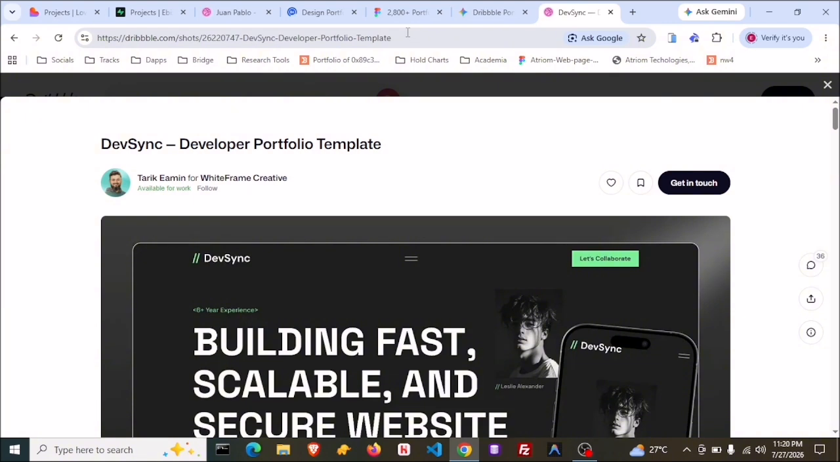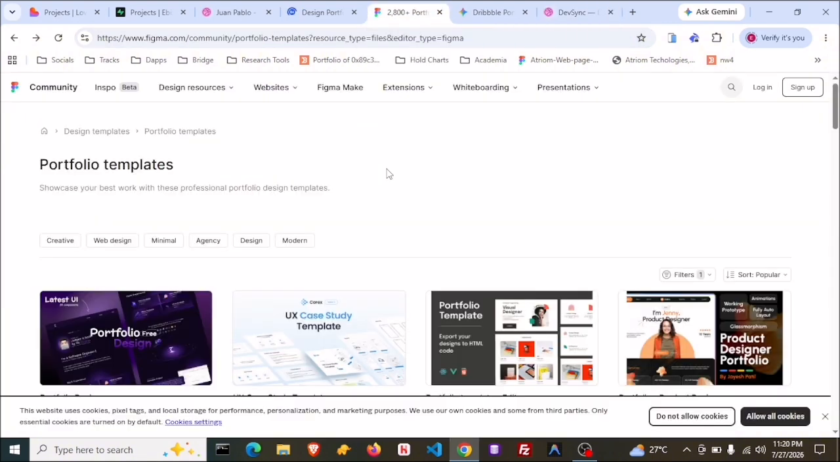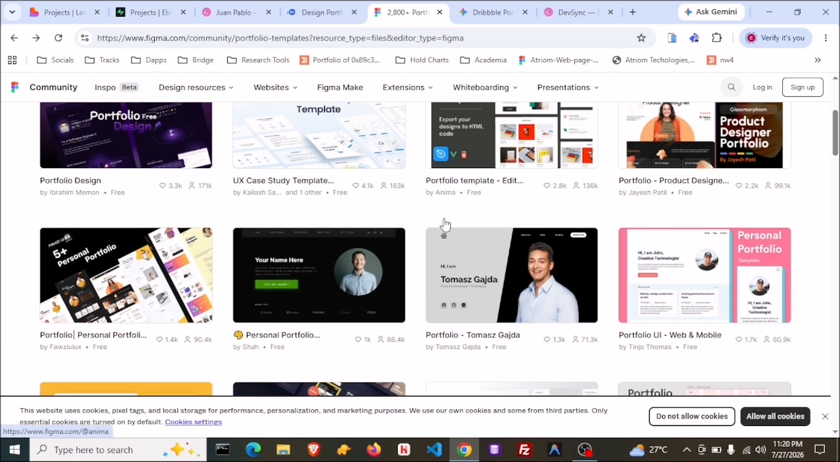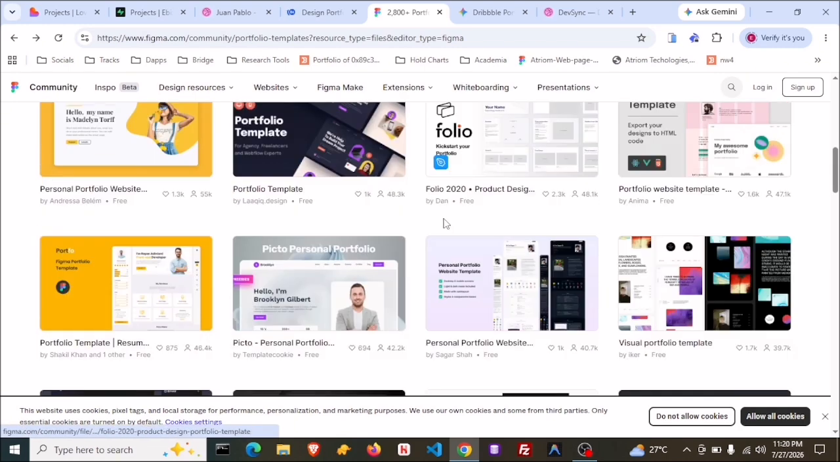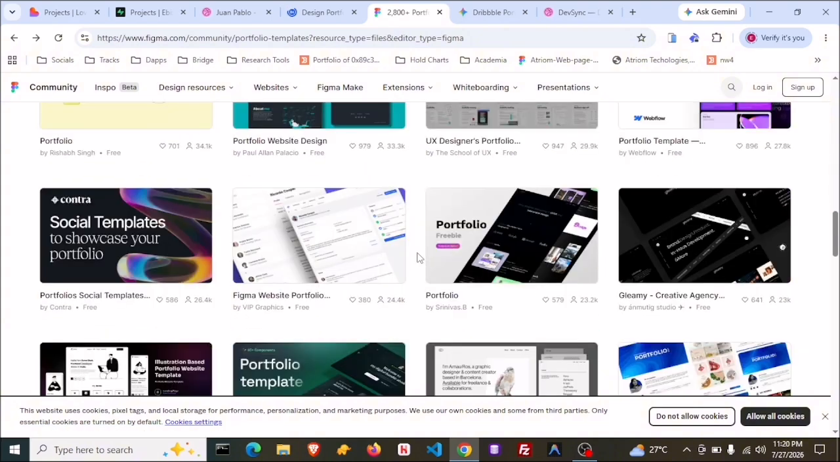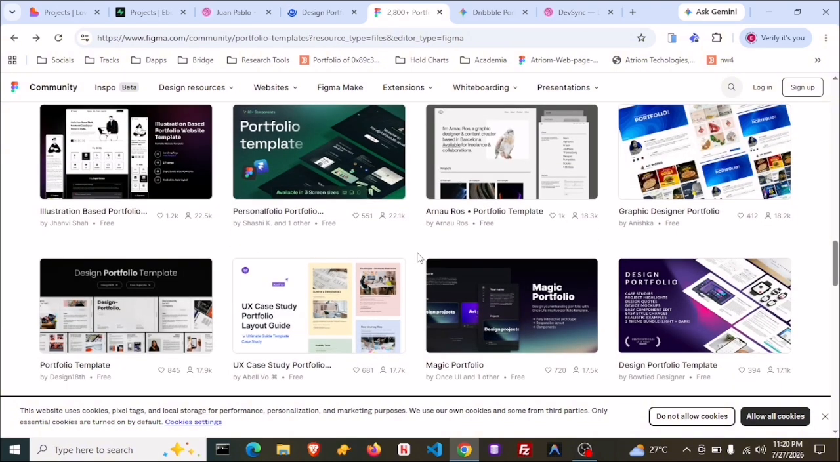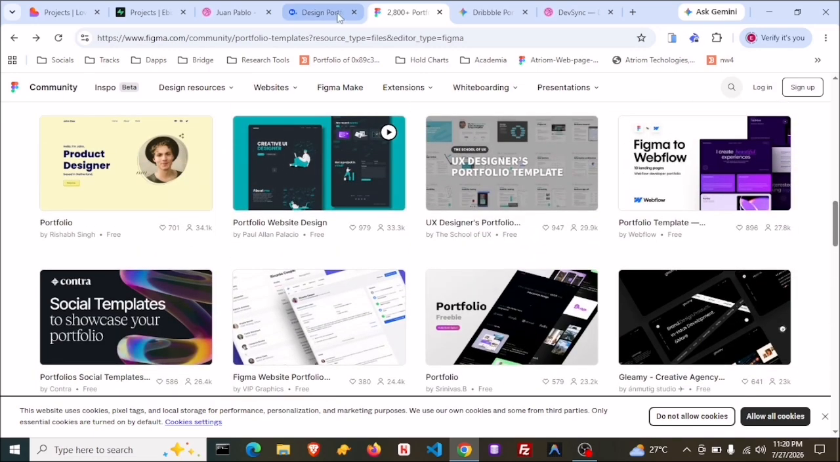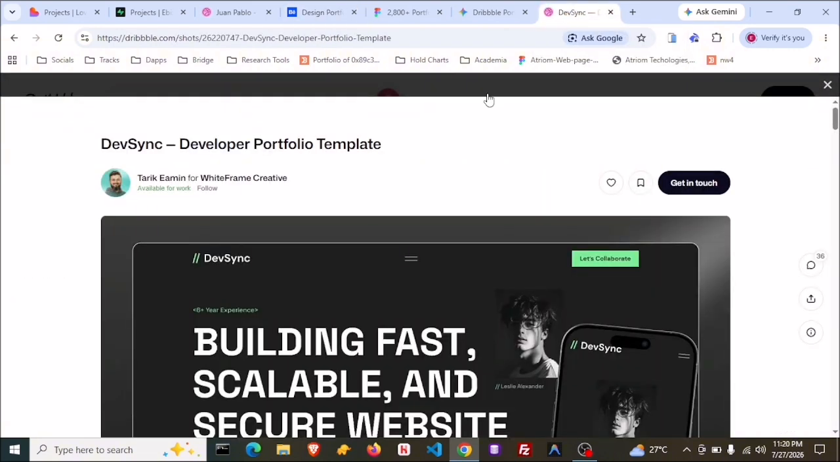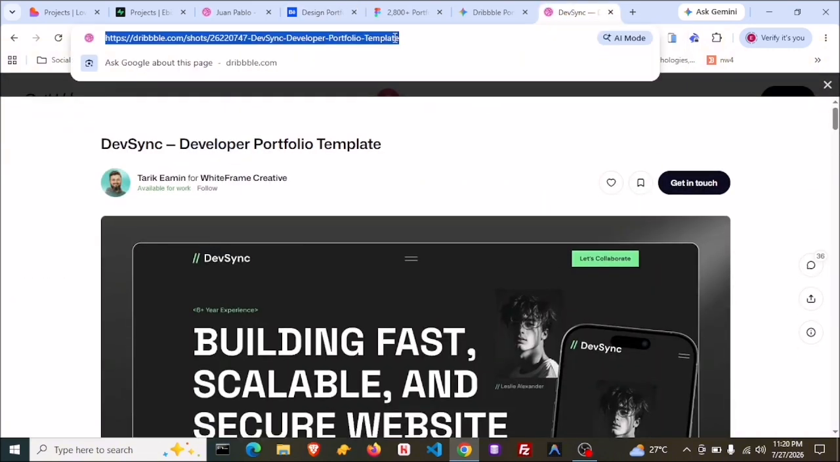So we'll pick this particular one, and you can even come to Figma. This is Figma, and you can also look for projects. You can also look for portfolios, any portfolios that you would like to replicate. So let's pick the one that we picked from Dribble. So what I want to do is take this URL, copy this URL, and I will come to